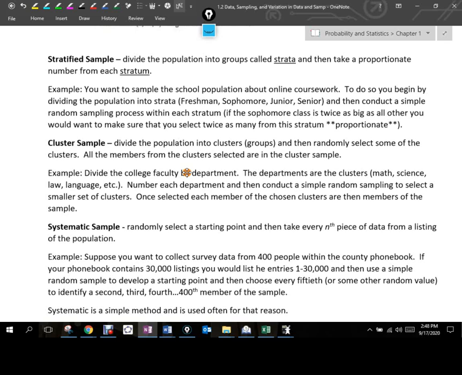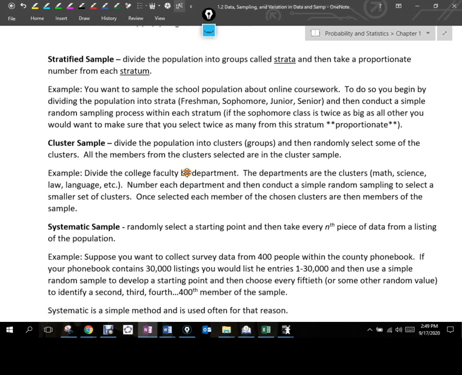Freshmen, sophomore, junior, seniors, right? Okay. Now, let's say that we had a group, I think it says up there one in the scenario. Let's say the sophomores are twice as big as any other group. I would then want to make sure if I've determined that I'm going to take 10 people out of every stratum, then I better take 20 out of the sophomores because its population was twice as big as everybody else, right? Remember, we want our sample to have the same characteristics as the population.